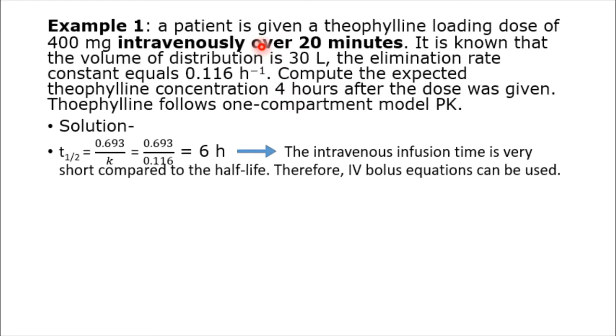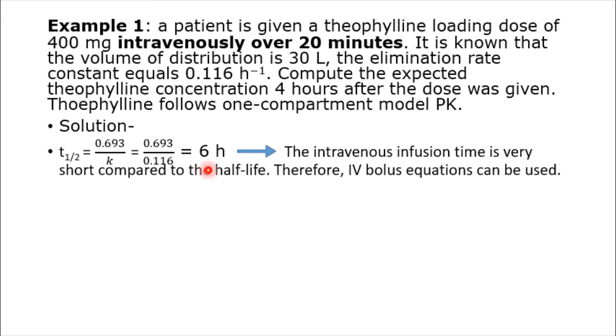But the half-life of the drug is large compared to the infusion time, and then the drug elimination within the infusion time will be very small, and we can neglect this small amount of eliminated drug during the infusion time and consider that the drug was administered by IV bolus